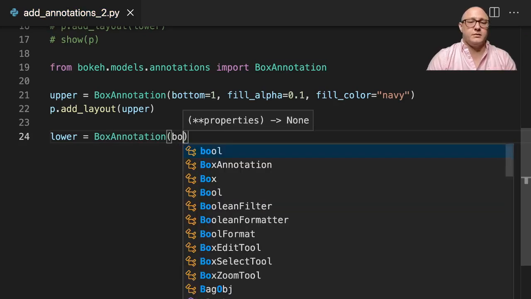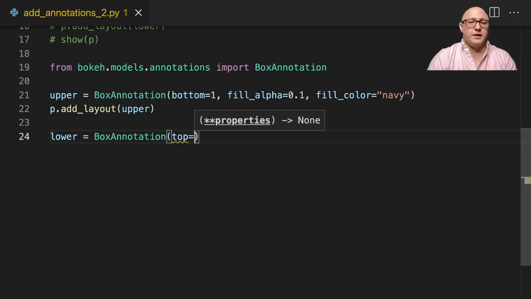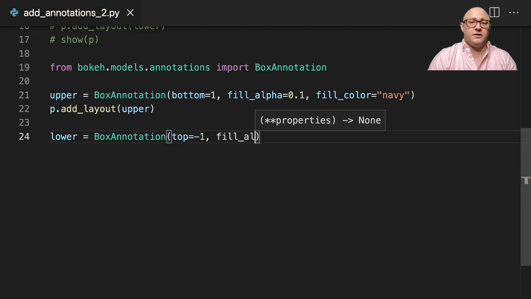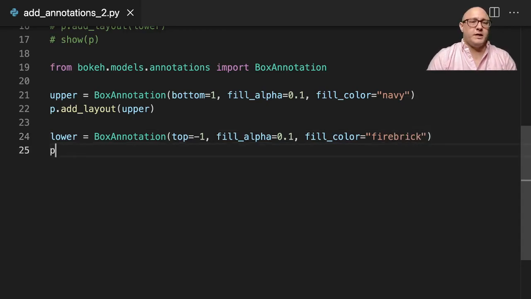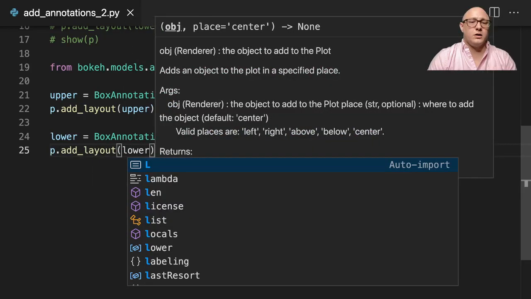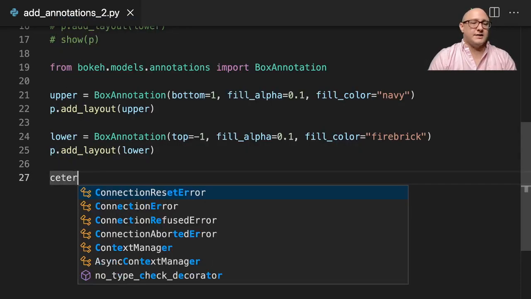box annotation, and we'll do top here is going to equal -1. The fill alpha here is going to be again 0.1. The fill color here is going to be that firebrick, and then we will do P.add_layout lower, and then let's go on and add in a center